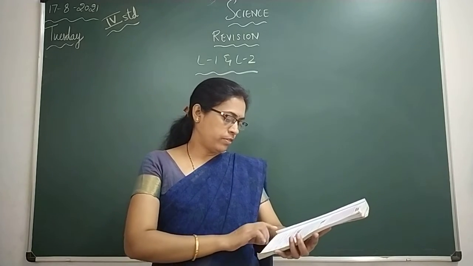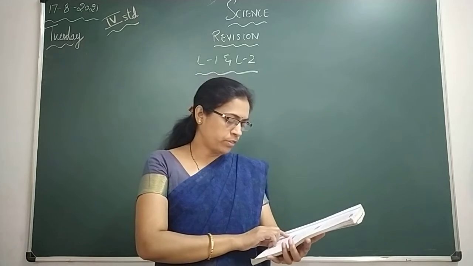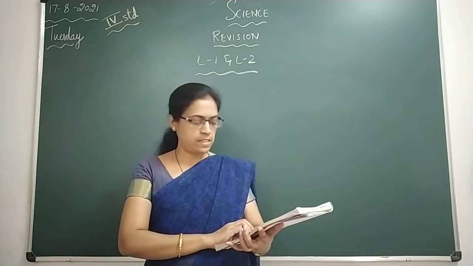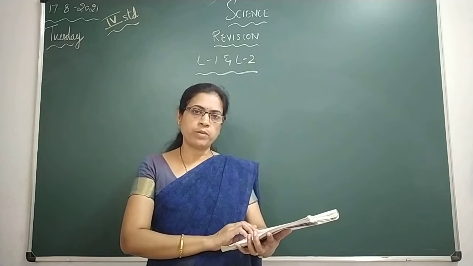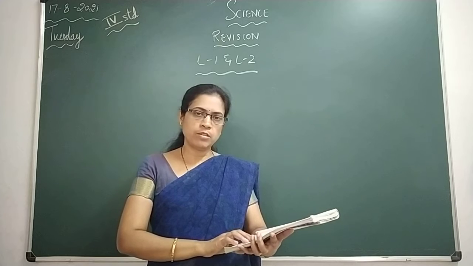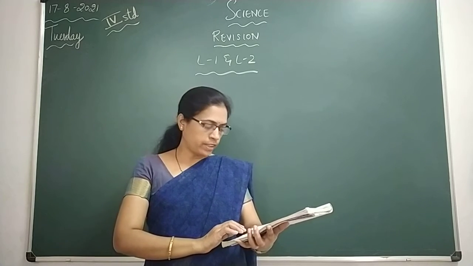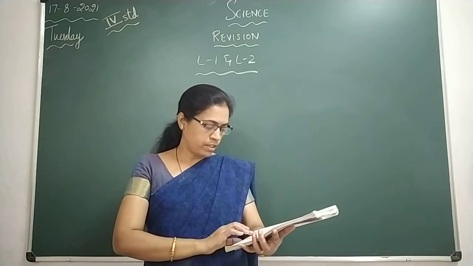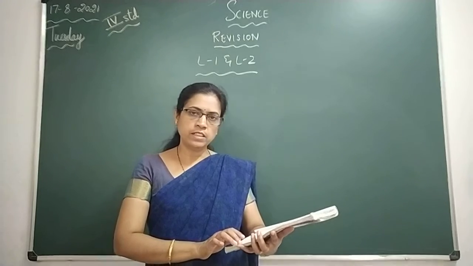So children, first main, let us pick the correct answers. In that first one, which of the following is required by green plants for photosynthesis? The options are oxygen, nitrogen, carbon dioxide and water vapor. The answer is carbon dioxide. And the second one, removing the green color in a leaf is called dash. Respiration, breathing, photosynthesis, bleaching. So bleaching is the correct option.